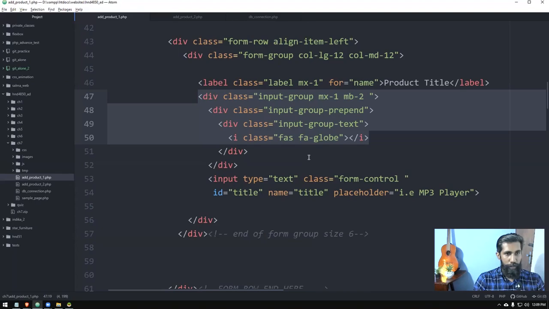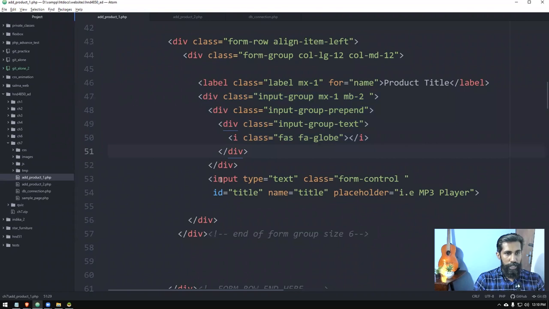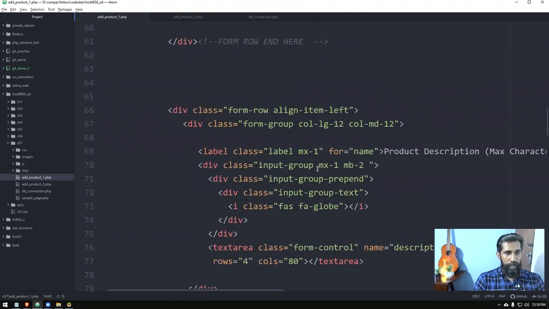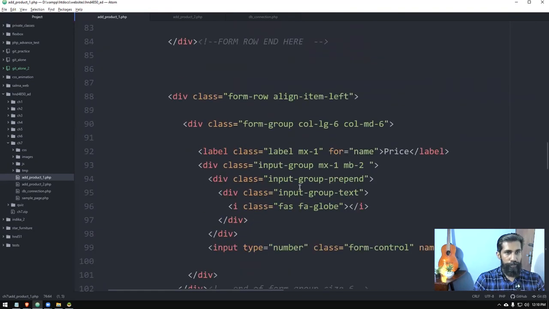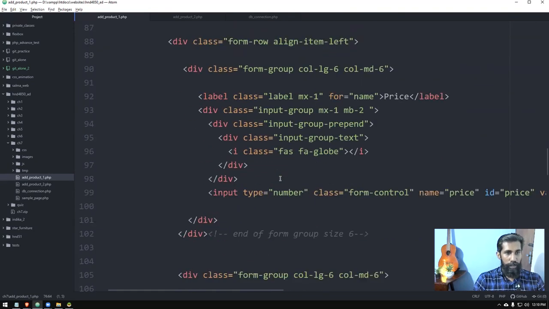The field names we have properly given. You can see each input field has been properly given a name. So title, then a text area we are using for description. Then we have, what do you call,